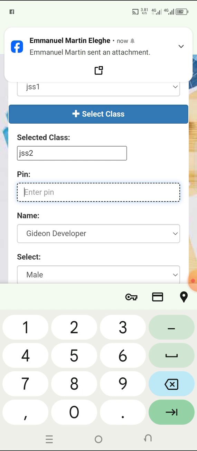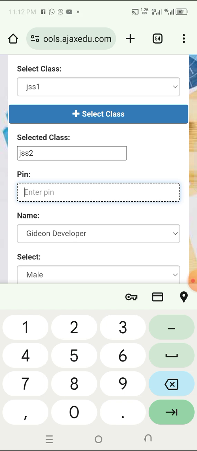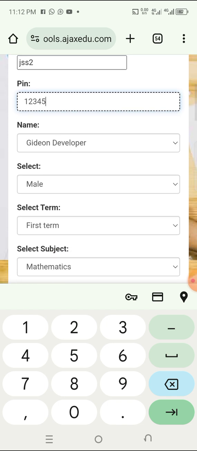It is the same pin for all the subjects. So the pin we are using for this student, this same student that we have, this developer, 1, 2, 3, 4, 5. Do you understand? You must use that same pin. You must not change that pin. If you change that pin, the student will not see the one where you mistyped the pin. Do you understand?